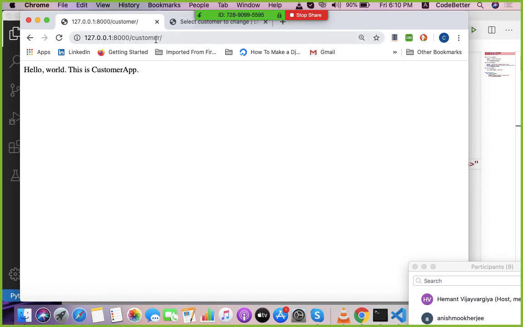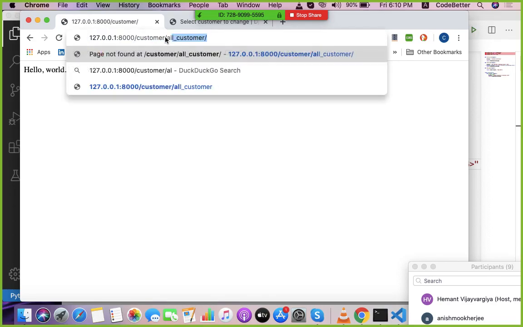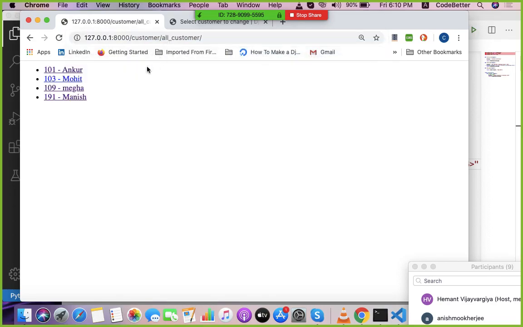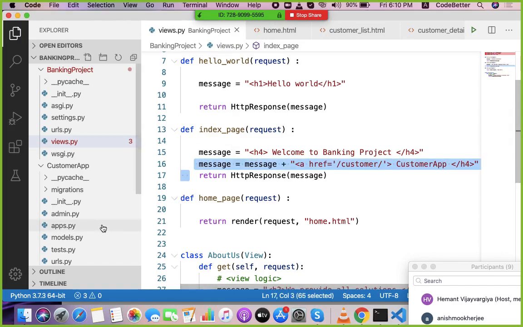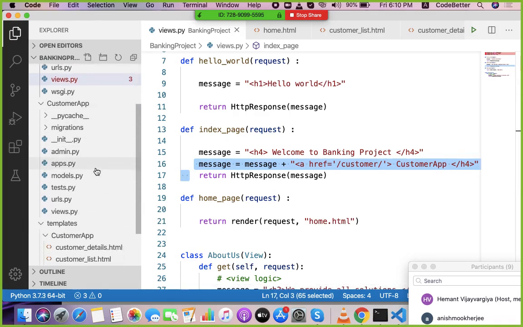On this customer app's home page, I want to put a link for the next URL. The next URL is all customer. So I want to create a link for this URL on this page, the home page of the customer app. So similarly, I want to add one hyperlink to the content of the home page of the customer app.